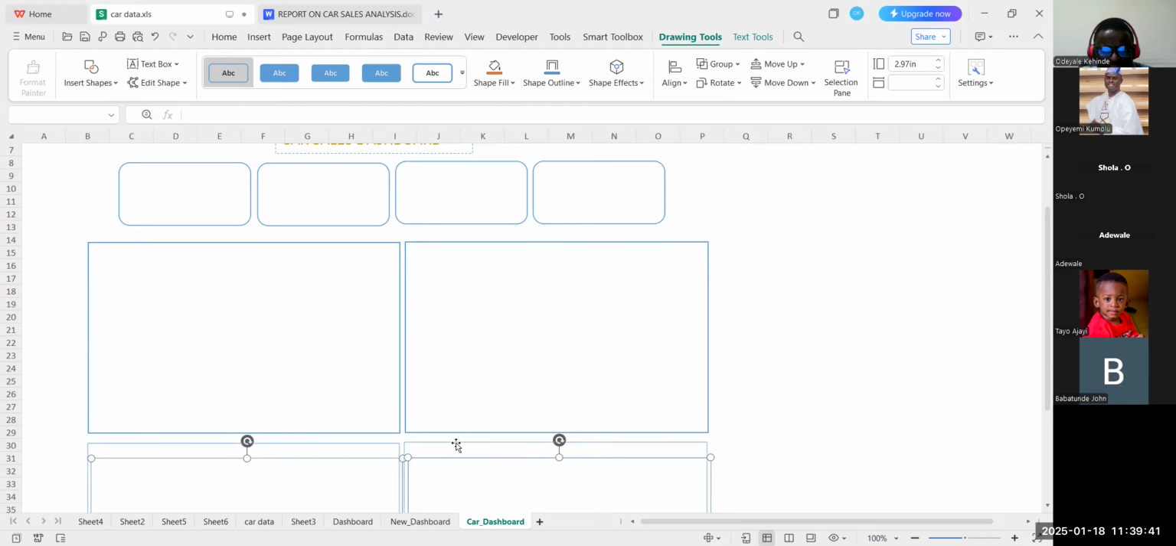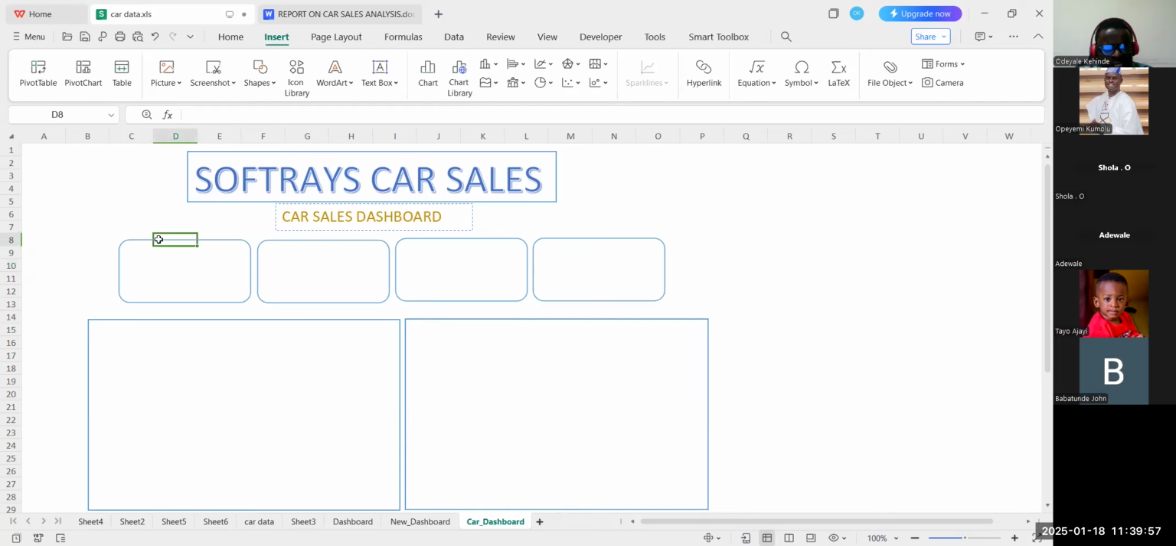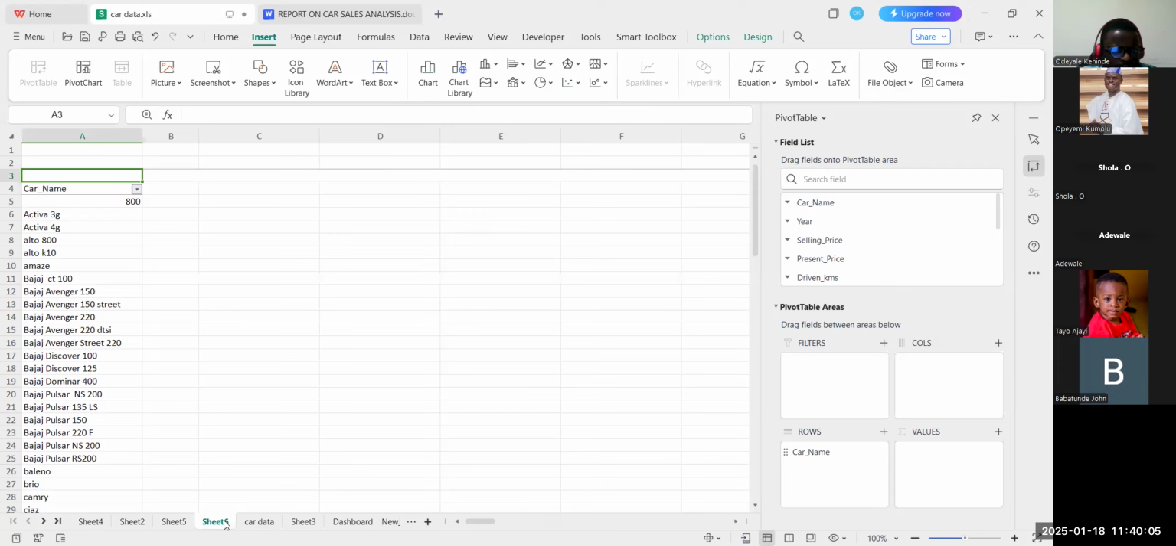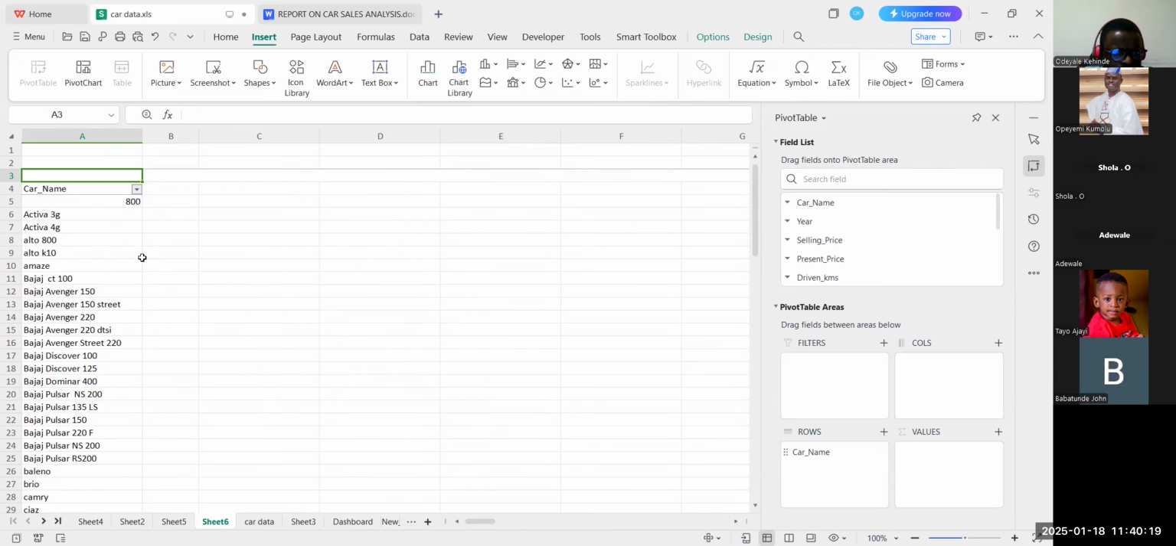When we have this, we have created the structure of the dashboard. What we need now is to put our values in each box. We start with this first one. Go back to the pivot table, like the one we have here. We have a total selling price, so we need to find the total selling price for that. Now to do that,